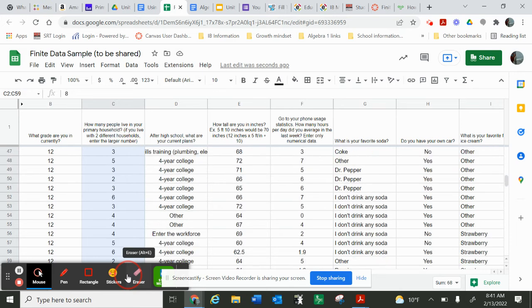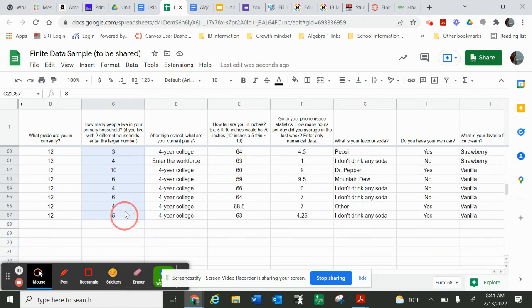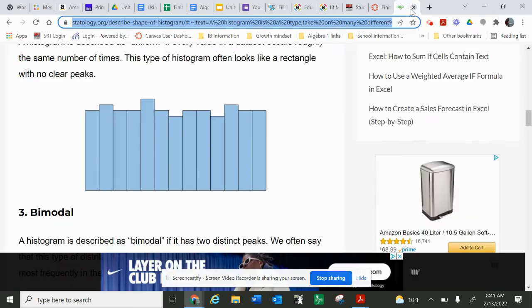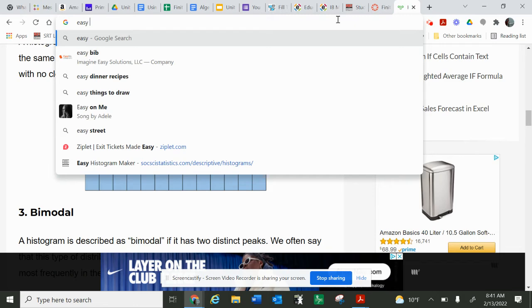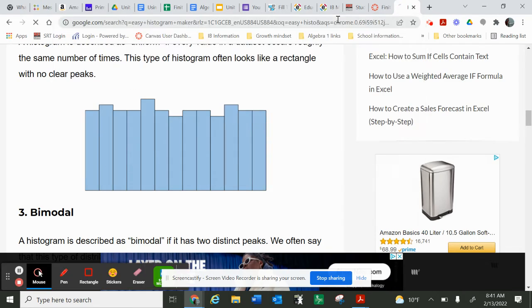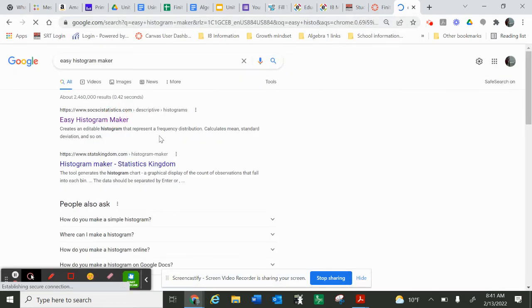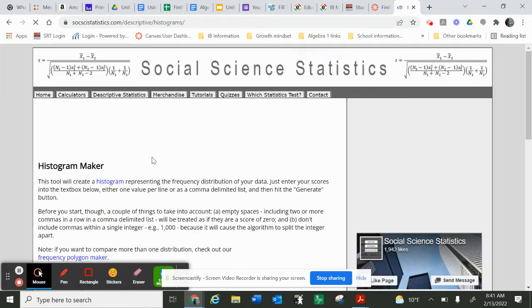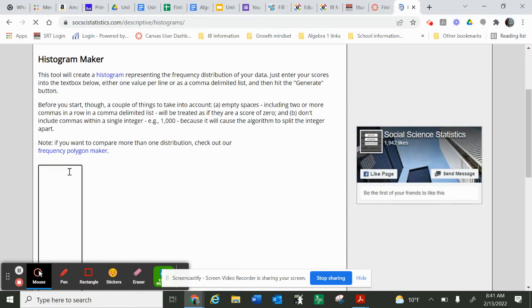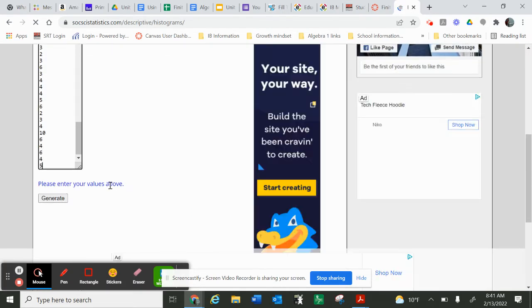And notice I didn't highlight the words. And I'm going to copy them, Control C. And then if you go to Easy Histogram Maker, and just paste your numbers in,